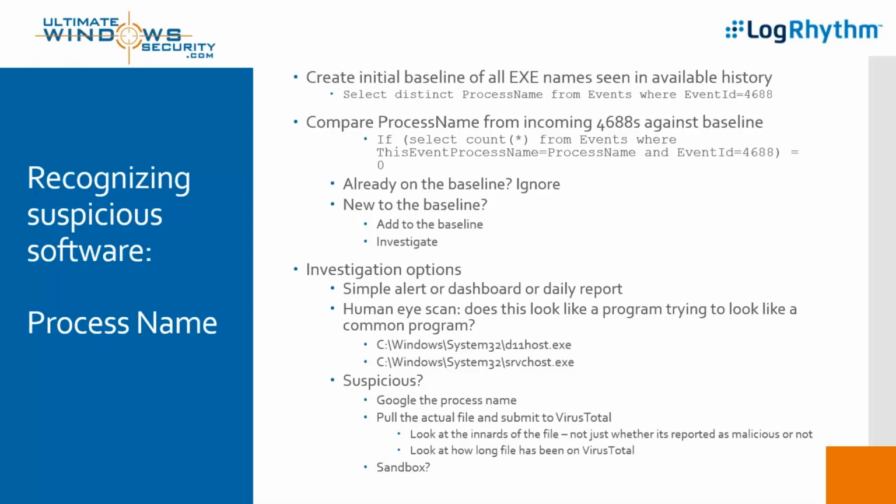Yeah, no, I mean, you could Google the process name, like you said. You could also go get that actual file from the system where it executed, and then submit that file up to VirusTotal, and let's see what VirusTotal comes back with. Now, folks, pay attention here on this one thing. When I'm submitting it to VirusTotal, I'm not submitting it to find out if VirusTotal calls it malicious or not, because I regard that as the job of AV. I mean, if our AV hasn't flagged it as malicious, there's a chance VirusTotal, looking at all the other virus engines, may. But I'm more interested, and I think what really makes this